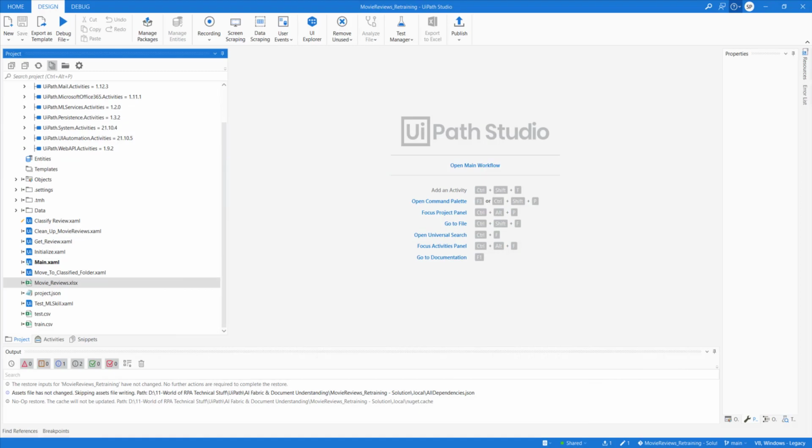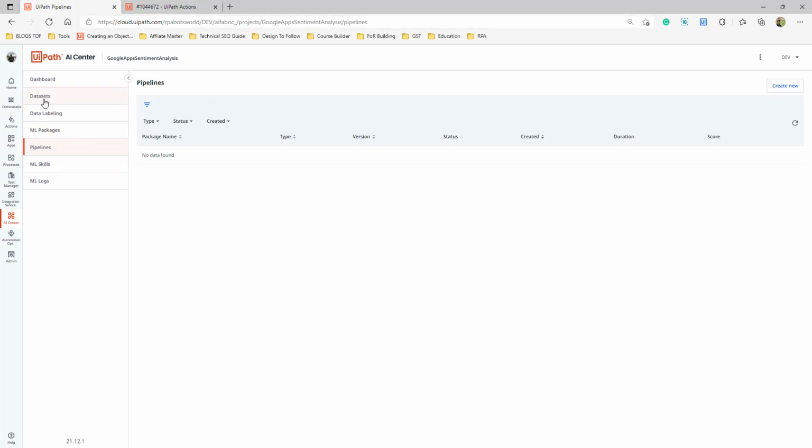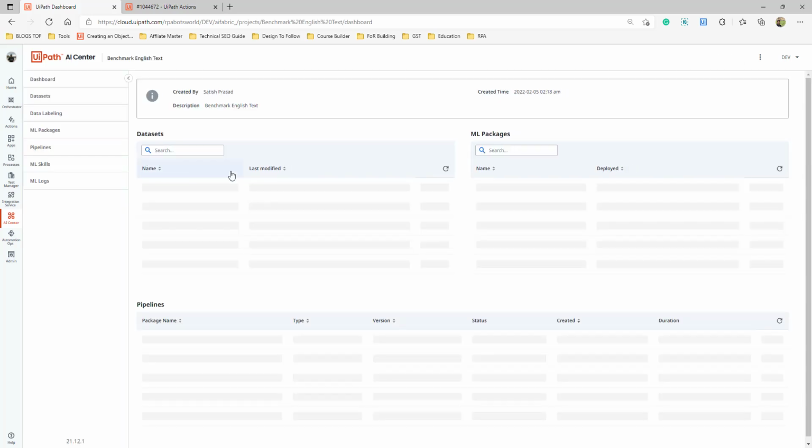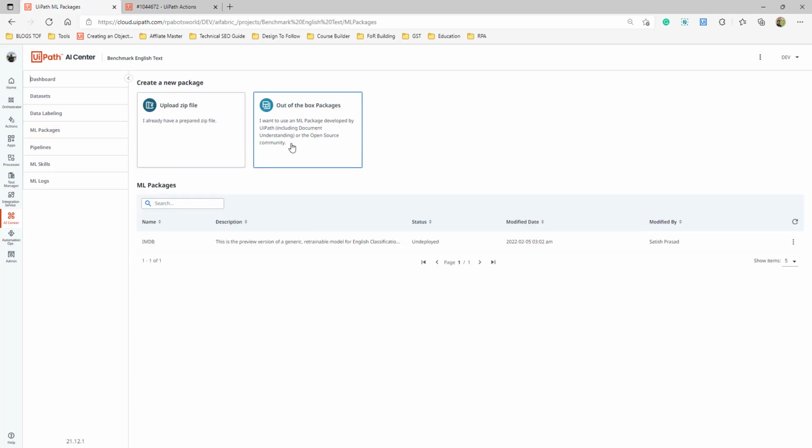For this example, we go to the dashboard first, AI Center, and I have used this benchmark English text package. That's another package, but this package is retrainable. But the problem is that it's not getting deployed.